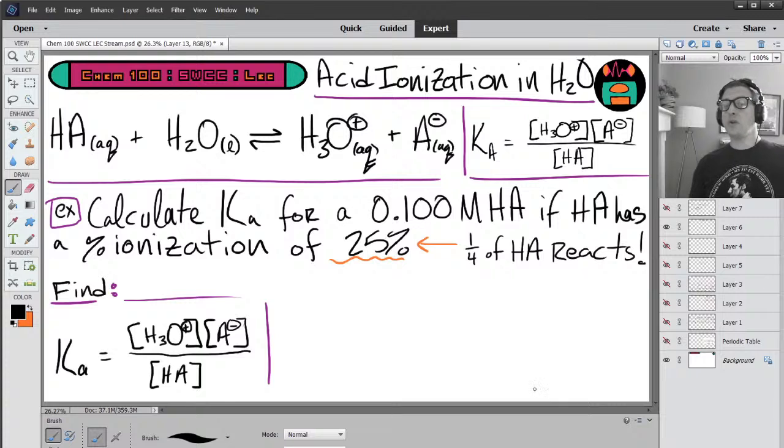So we lose 1/4 of it, all right? 1/4 of, and remember, of is a word that means multiplied, right? So to calculate how much of HA reacts away, that's 1/4 times,